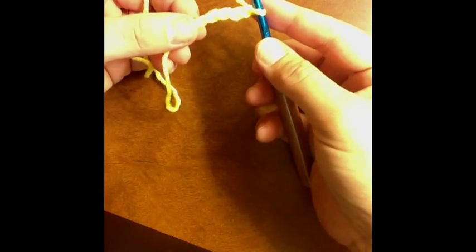Looking at the pattern, it says the first thing to do is to chain 5 and then slip stitch to form a ring. So here's what we do. Let's go ahead and make our slip knot. Chain 5 stitches as the pattern calls for. And then slip stitch to form a ring. So what this means is you take your chain that you just made,